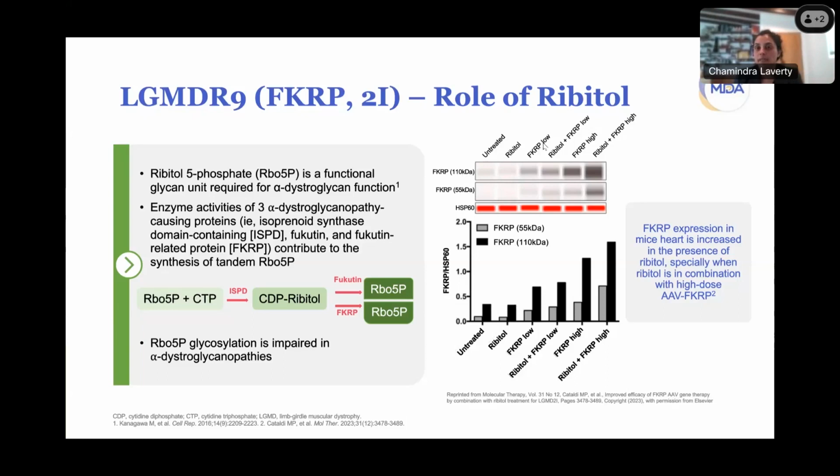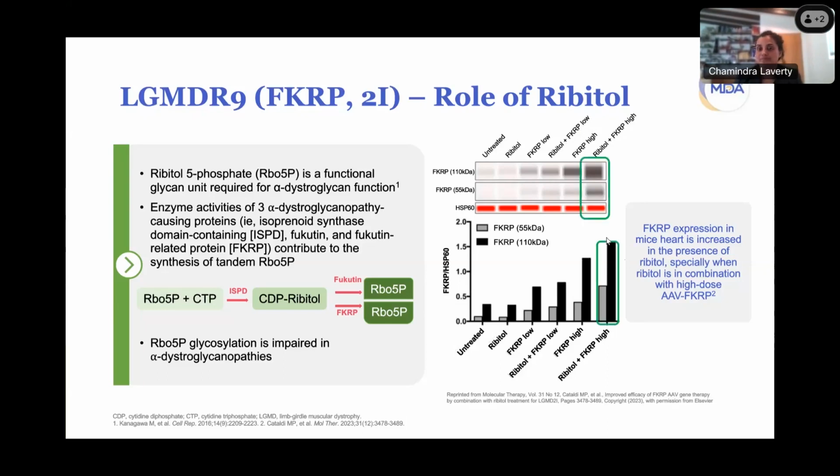If a FKRP gene replacement therapy was given to the mice at a low dose, you're getting some FKRP gene, or rather protein expression, which is good. And then the gene replacement given at low doses combined with ribitol actually shows a slight improvement. And if FKRP gene replacement is given at a high dose, you see a dramatic improvement in FKRP protein expression. And then if given with ribitol, you actually have a dual effect. So giving this very simple alcohol molecule along with the gene replacement is potentially going to be in the works